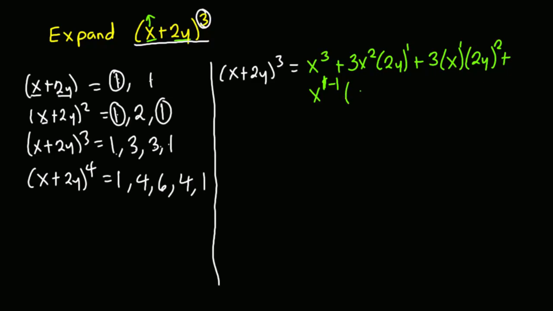Then multiply by 2y. This will increase by 1, so that will be 2 plus 1. So simplifying this will give us x cubed plus, now we are multiplying 3x squared by 2y, so we are going to get 6x squared y plus,